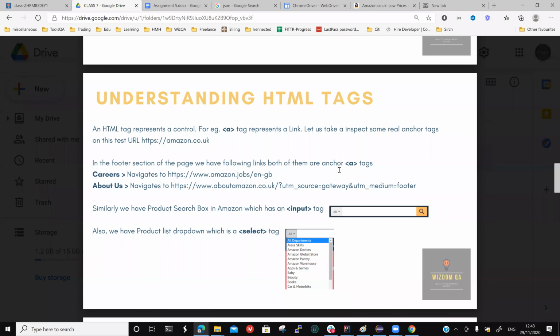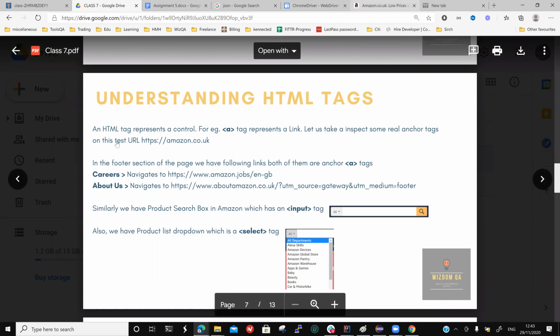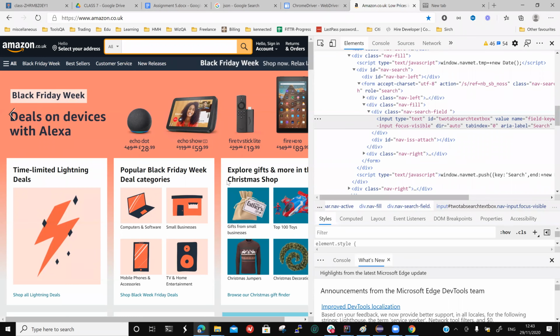There are different types of HTML tags that we have in the page with which we want to interact. For example, this one that we have just used is an input tag. You have to understand that each and every element that we are going to interact with has an HTML component, each and every tag. So this one is an input tag. This input tag is there to search for a product, right? This input tag that I'm right now showing you